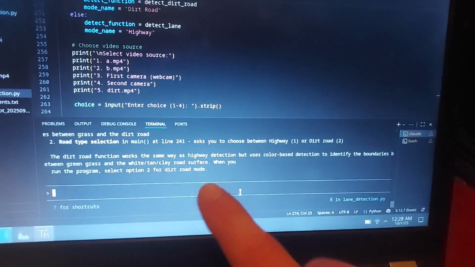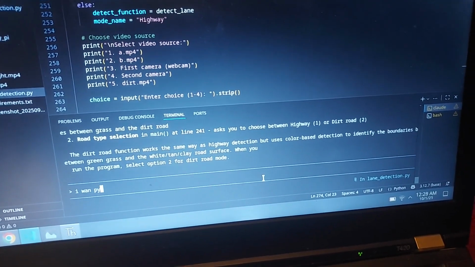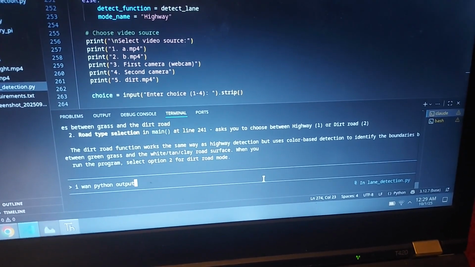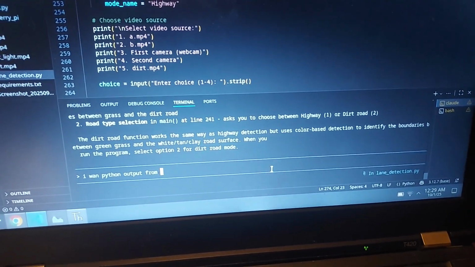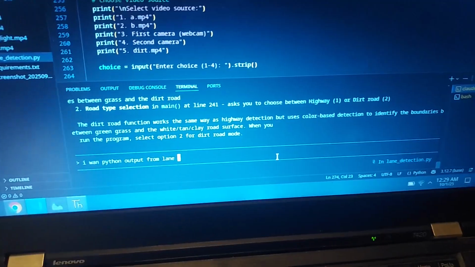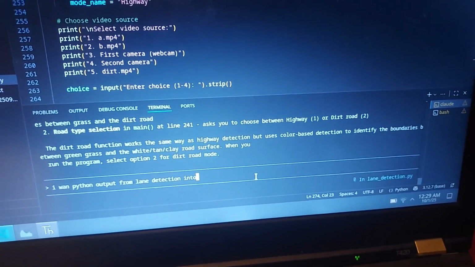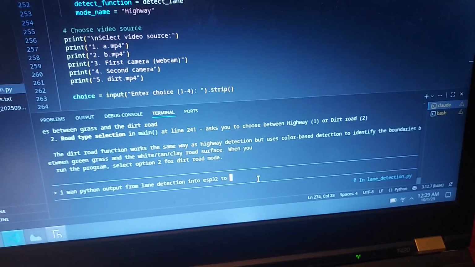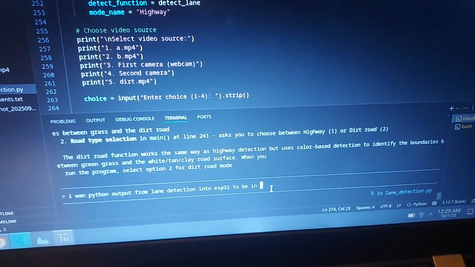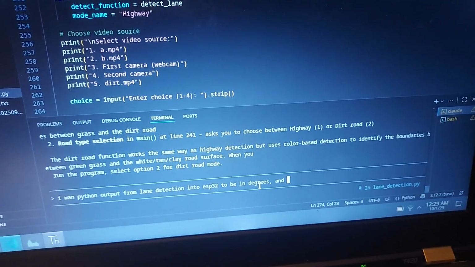Okay, so I want it to turn... Okay, I want Python output from lane detection into ESP32 to be in degrees, and I want